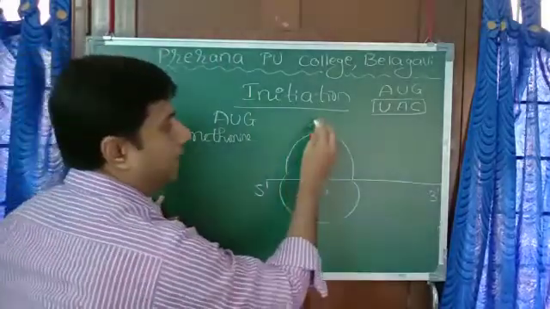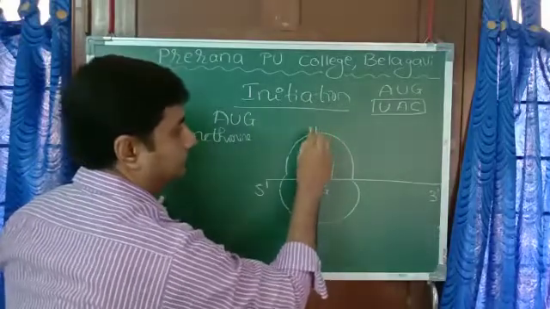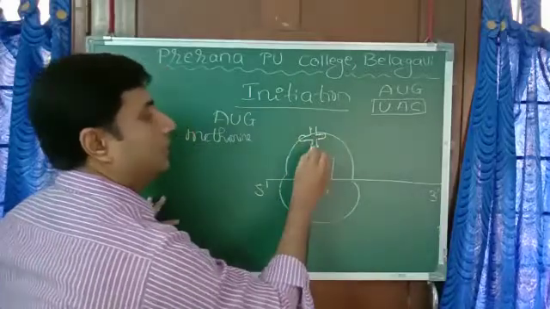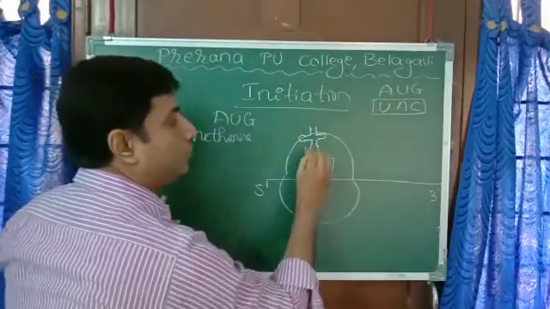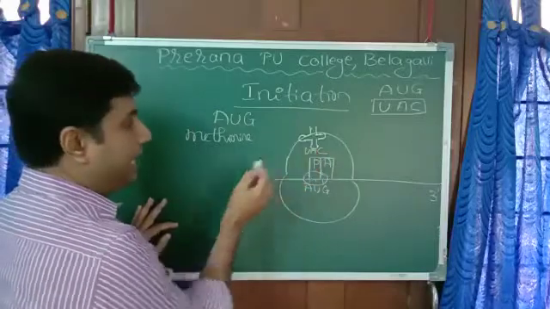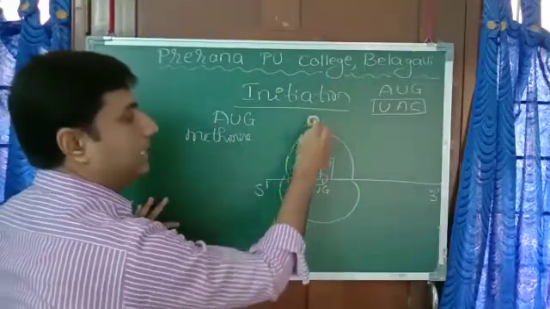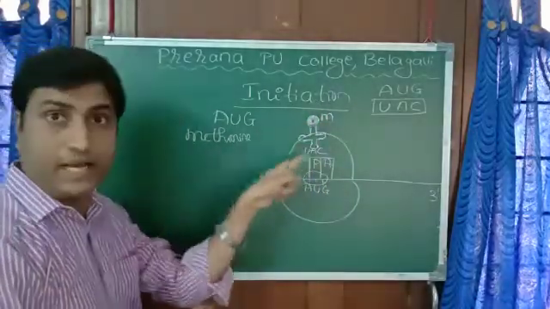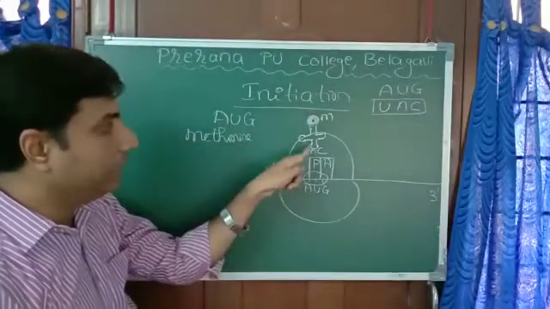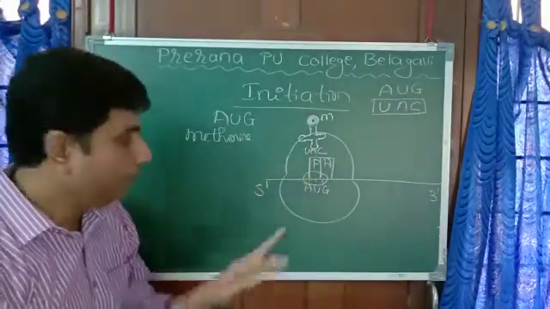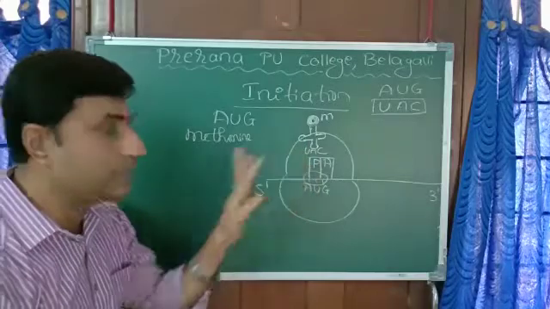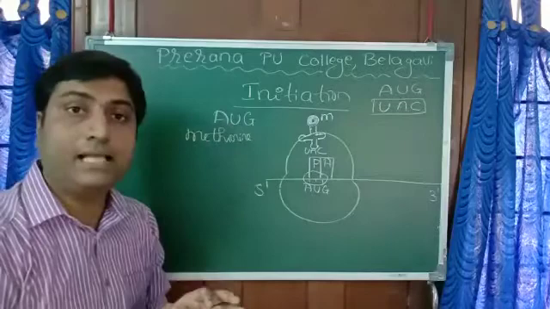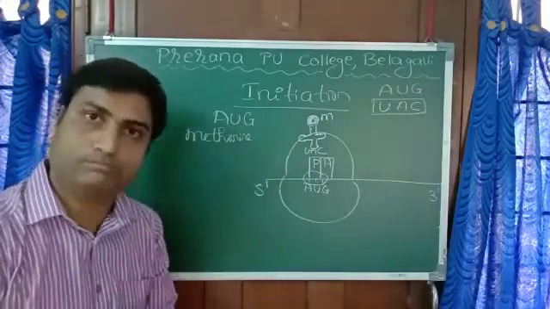For example, I'll draw it here. Now here the anticodon is UAC. This is attached with methionine, I'll write M. This is the charged tRNA. This charged tRNA now comes to this place, because here AUG is there. At the P site it comes, and they join. This is called activation of the ribosome.